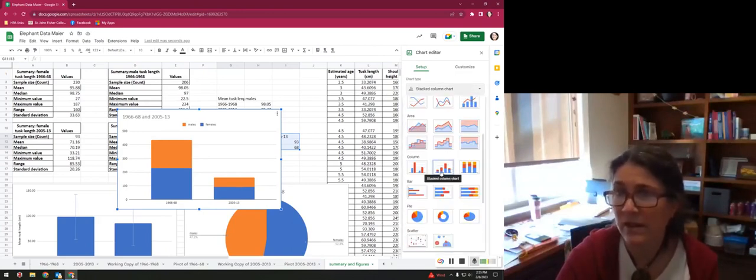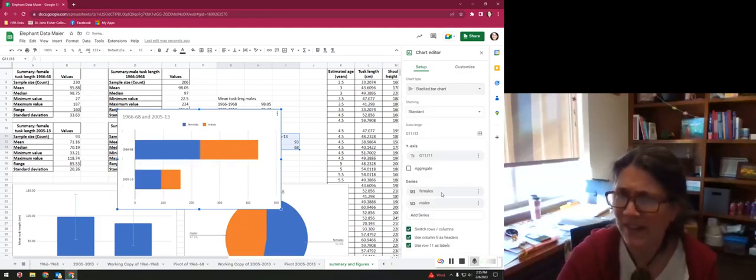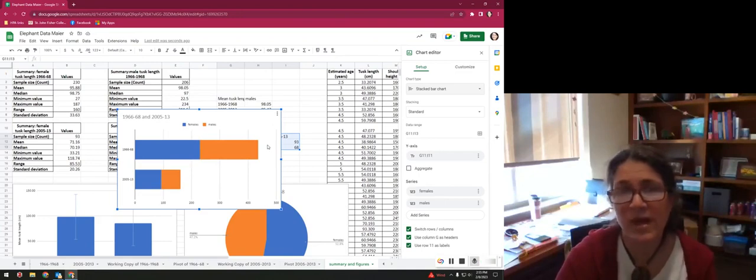So that was one of the options down here. I could have also done it as this kind of bar. I kind of like it better this way just because it feels a little more obvious about the change in the population. And we're looking at the relative contribution of females and males in both of those